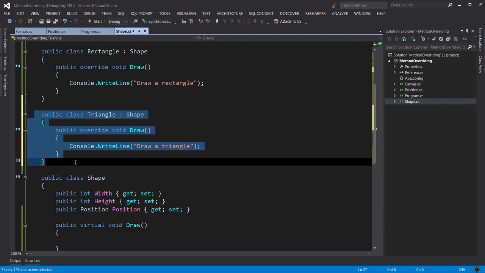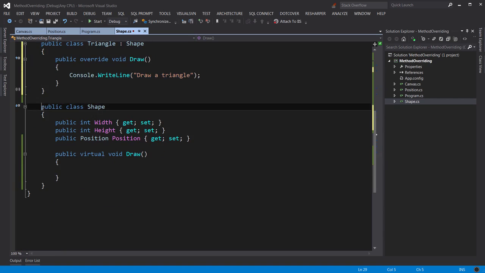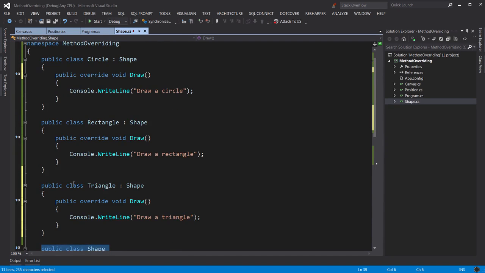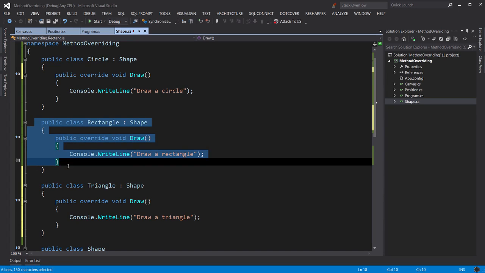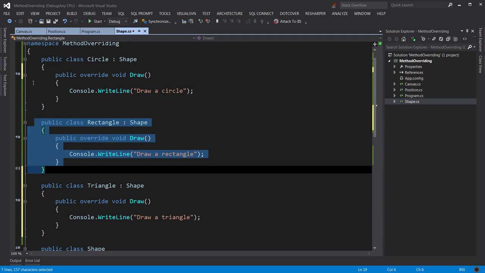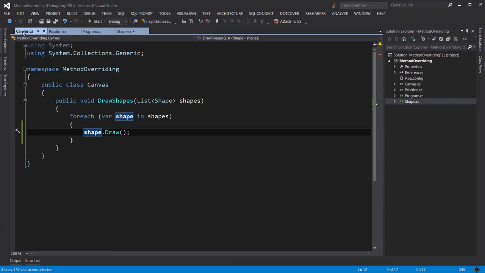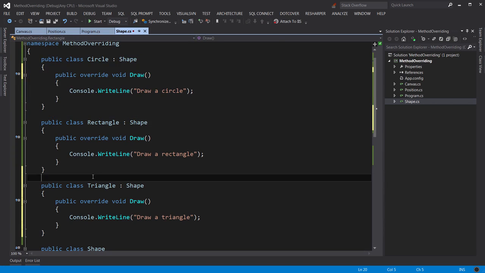Now the interesting thing here is we simply added a new class called triangle, but this had absolutely no impact on the shape class because shape class knows nothing about triangle. It also had absolutely no effect on the rectangle. Rectangle is not changed, it's not affected. Same for circle. And same for canvas. Our canvas class only knows about the shapes. Whatever shape they are at runtime, who knows, who cares? The canvas doesn't have to worry about it. So this way, with polymorphism, we can create new shapes by simply creating new classes, and that has absolutely zero impact in our existing classes. And this is a sign of loosely coupled